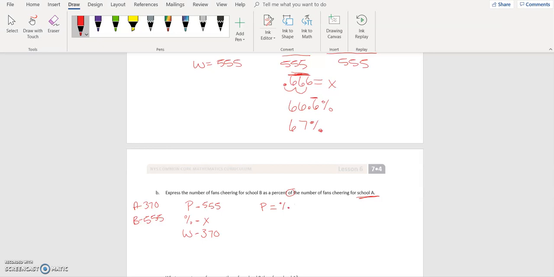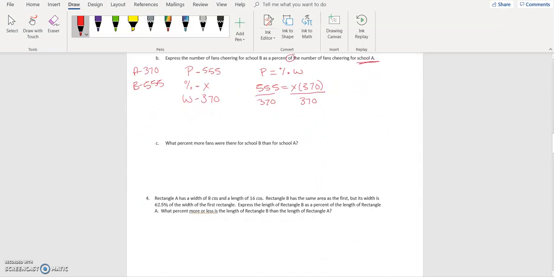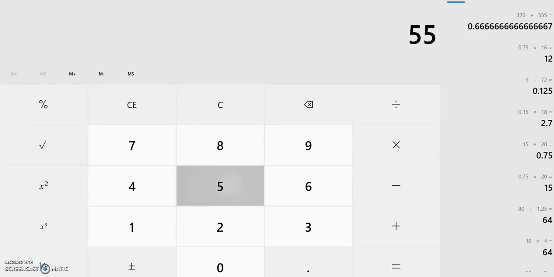So part equals percent times the whole. Part is 555. Percent is unknown. And the whole is 370. So we're going to divide both sides by 370. Just move this up a little bit. And so 555 divided by 370,